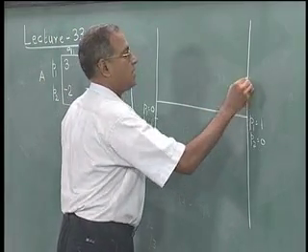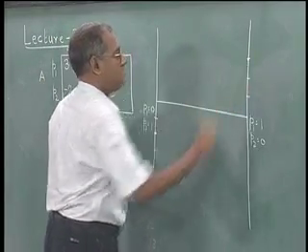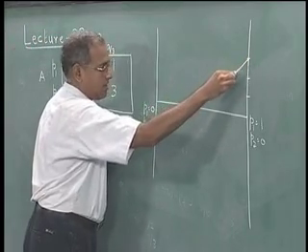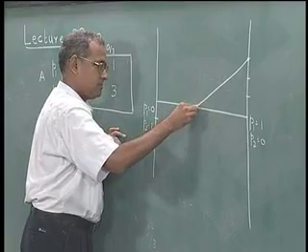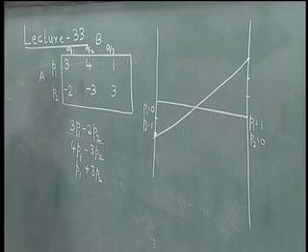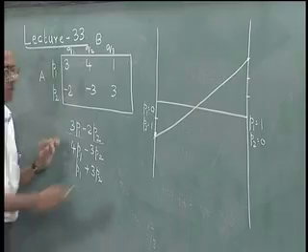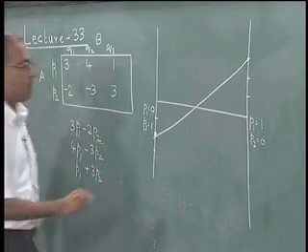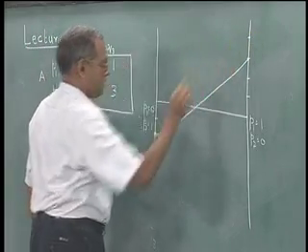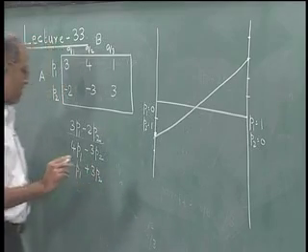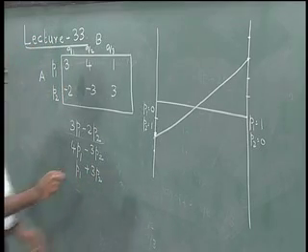So, this is the point that relates A's gain, and this is given by the line that joins these 2 points. Now, 4 P1 minus 3 P2, when P1 is equal to 0, you get minus 3. When P1 is equal to 1, you get 4. So, we now need to join these 2 lines and we get